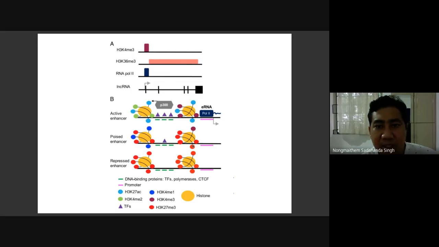And what has been seen is that H3K4 trimethylation is recruiting non-coding RNAs that would act in the activation of polymerase 2